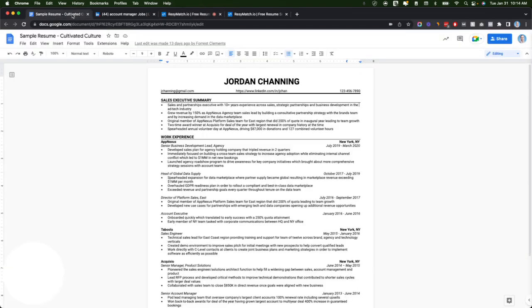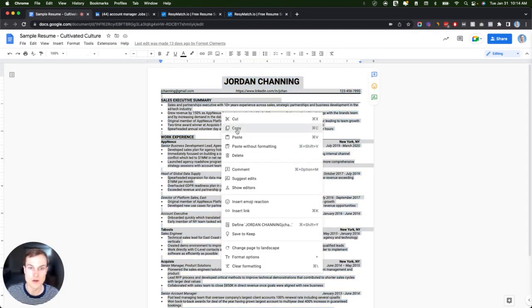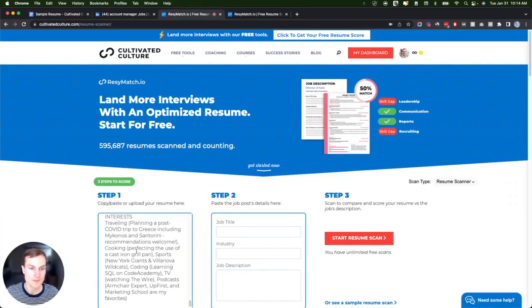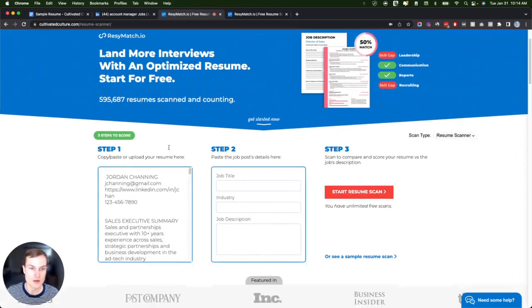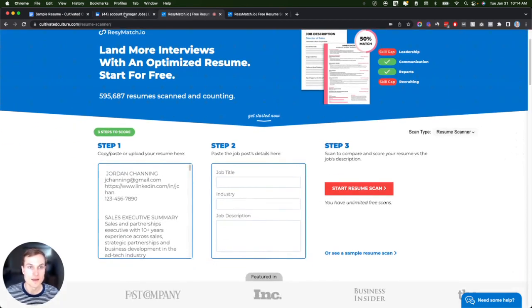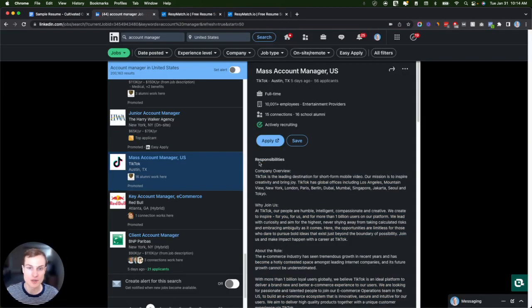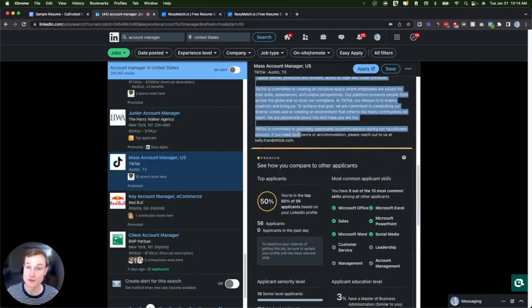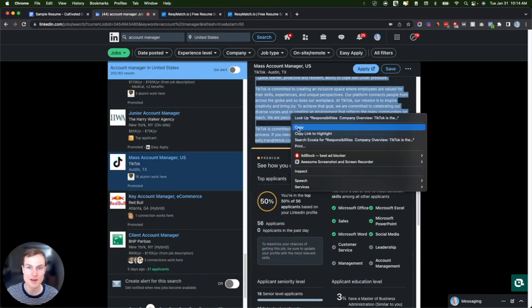So what we're going to do first and foremost is come to your resume. We are going to highlight all of the content and then we are going to copy it. Then we're going to come to ResuMatch. We are going to paste it in here. And you can see my entire resume is over here on the left-hand side. Next, we're going to go to that job description, and I'm going to highlight the entire job description from top to bottom. So I'll overshoot it a little bit, go all the way to the bottom here, copy that,